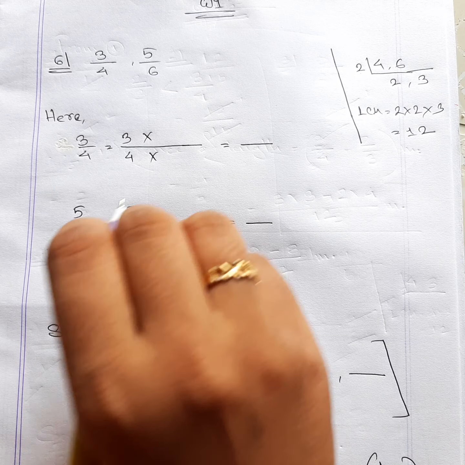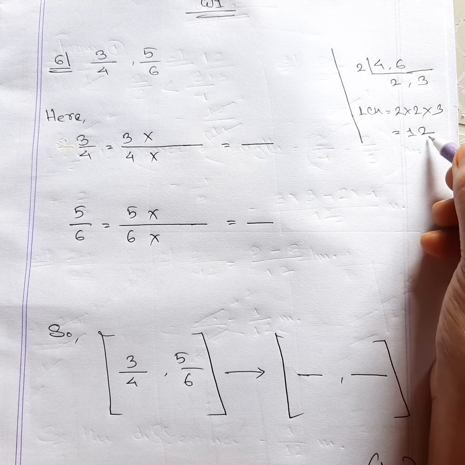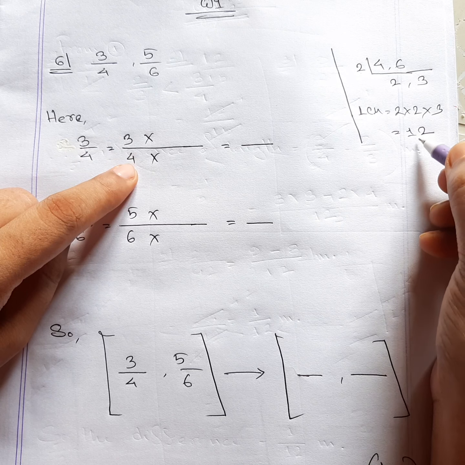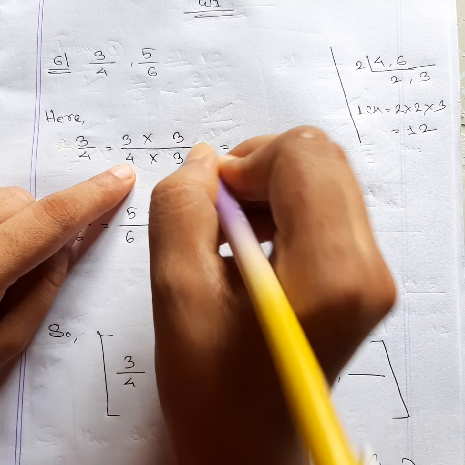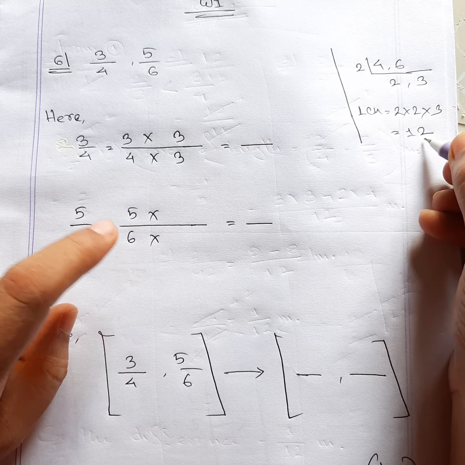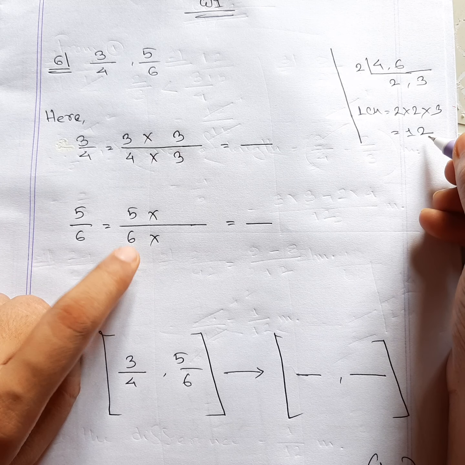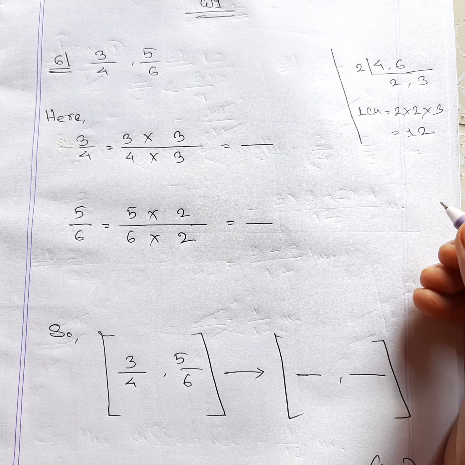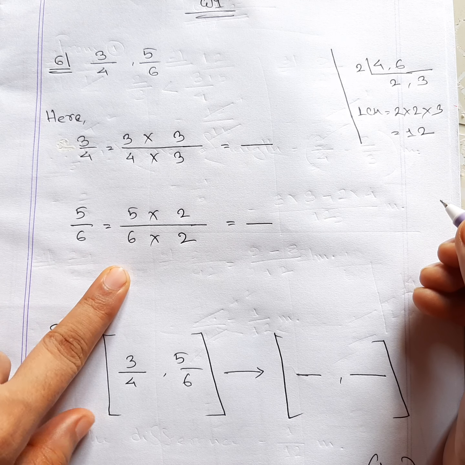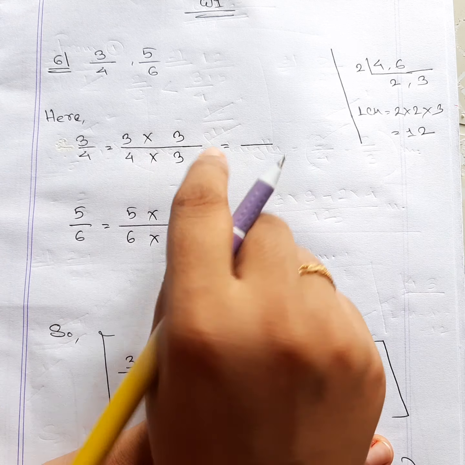I'm really hoping that. Okay, now dividing the LCM with 4, and we'll get 3. So we are multiplying 3 over here, and dividing the LCM with 6, the denominator. Always we divide the LCM with the denominator, and the result we multiply on both sides for finding out the common denominators. There is a slight difference between addition, subtraction and the common denominator. Don't forget that. Now we are going to just find out the result.